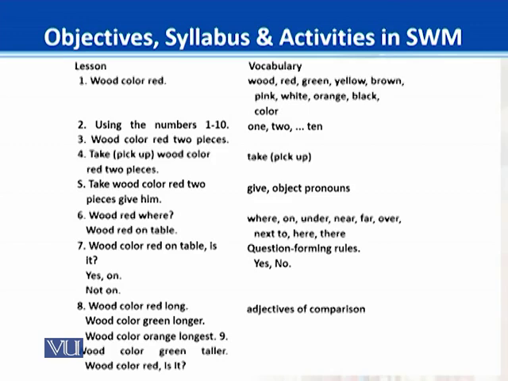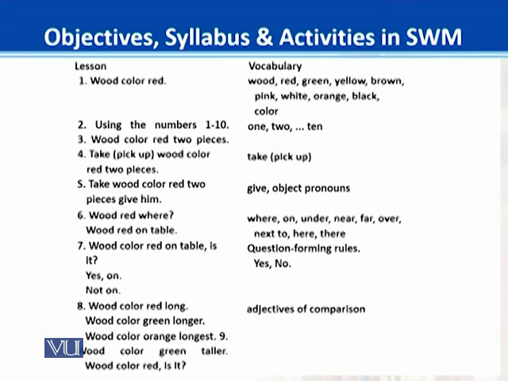The lesson starts with "wood color red." And the vocabulary items that are to be taught are wood, red, green, yellow, brown, pink, white, orange, black, and the word color itself. And then in the lesson, the instructor would use the numbers 1 to 10 as 1, 2, 3, 4, etc. Number 3, wood color red,